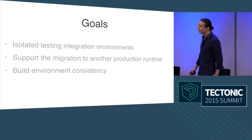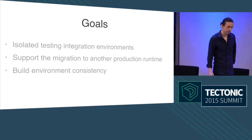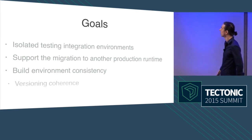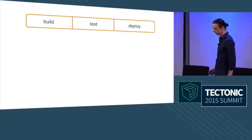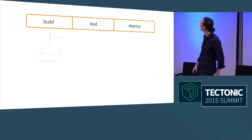Okay, so one last problem here that, again, is usually overlooked when we're talking about containers and how to bring stuff to production, that is related to versioning. So then again, referring to the generic pipeline that we have here,